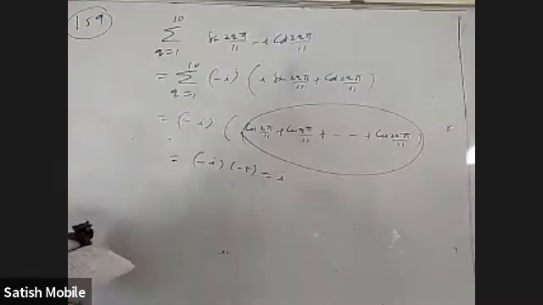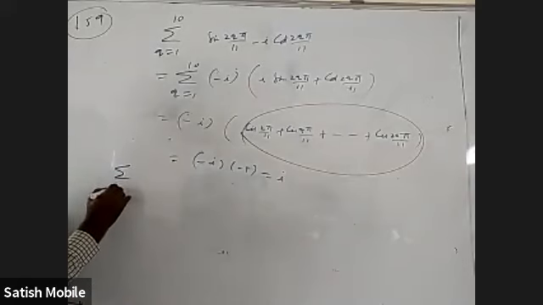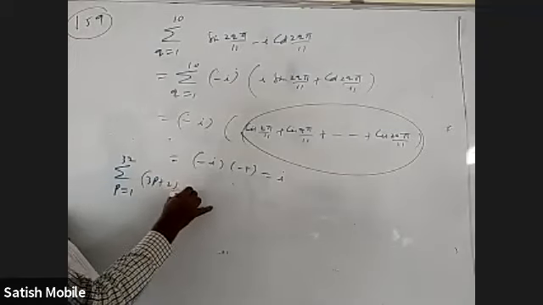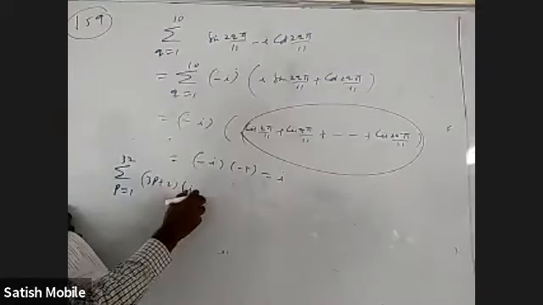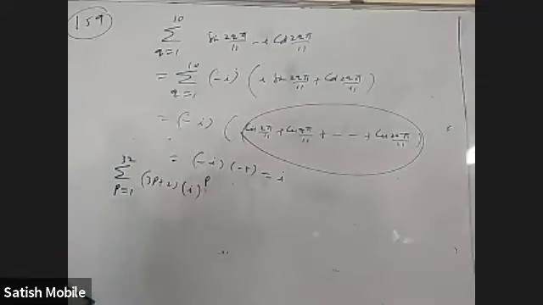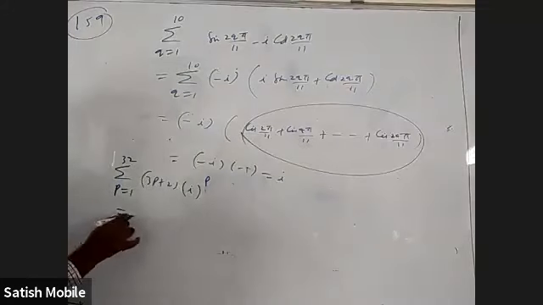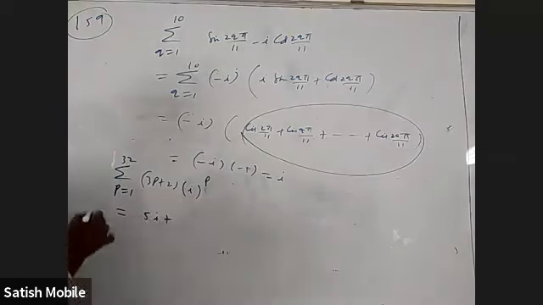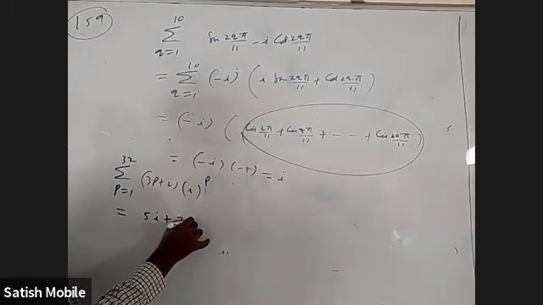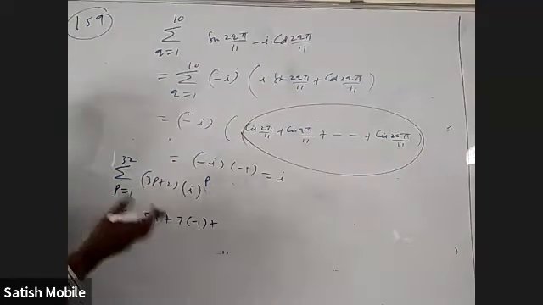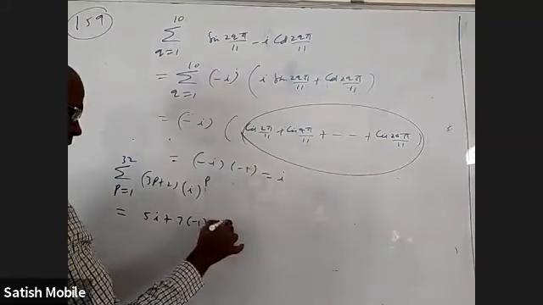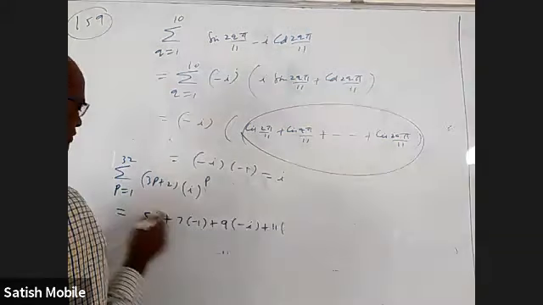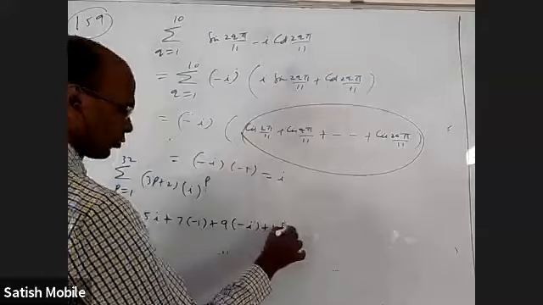Now coming to the full question, it is sigma p equal to 1 to 32, (3p plus 2) into the inner sigma, which became I, whole power p. When I expand this, when you put p equal to 1, it is 5i. When I take p equal to 2, it is 7 into minus 1, I square. And when you take p equal to 3, 9 into I cube, minus I. When you take 11, that is p equal to 4, it is I power 4, 1.